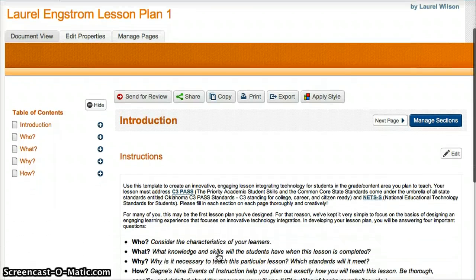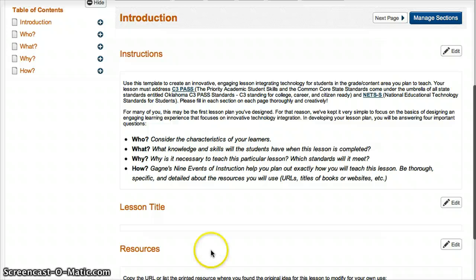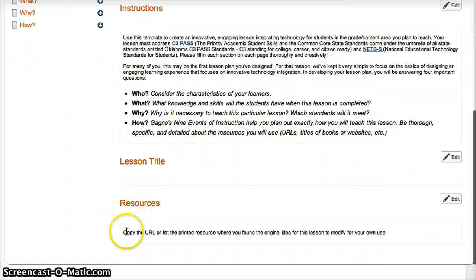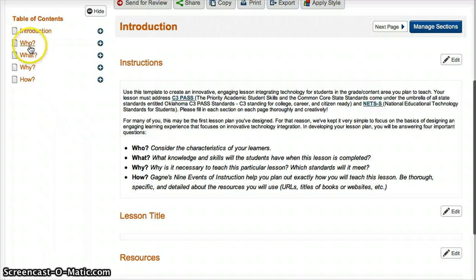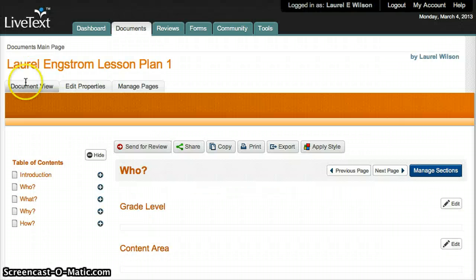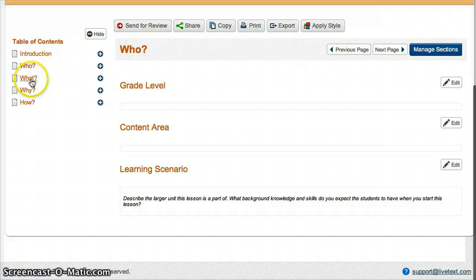This is what the lesson plan template looks like. You have 5 different pages under the table of contents that we will go through, and these line up exactly with the lesson plan template that's in a Word document on the D2L content site. So the only difference is that resources on the D2L Word document is at the bottom of the page, and here it's in the introduction section. So you can go through and insert all of your information for your lesson plan into this